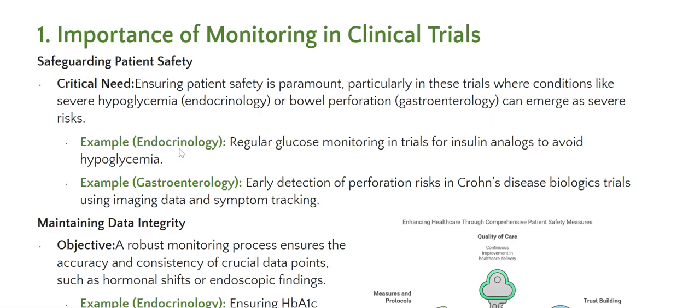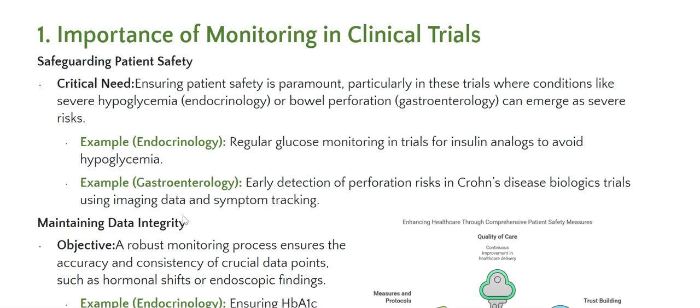For example, in endocrinology, regular glucose monitoring in trials for insulin analogs to avoid hypoglycemia. Another example in gastroenterology, early detection of perforation risks in Crohn's disease, CD, biologics trials using imaging data